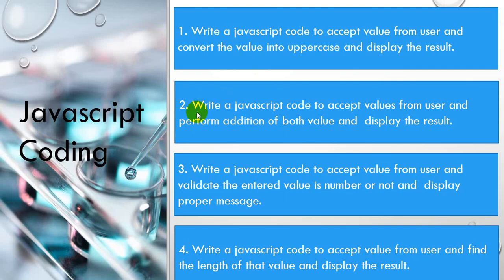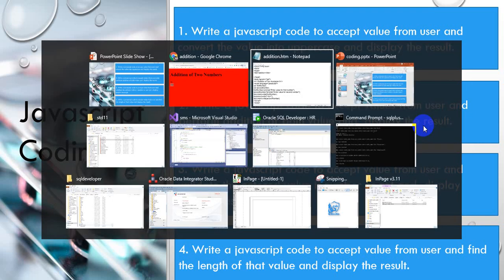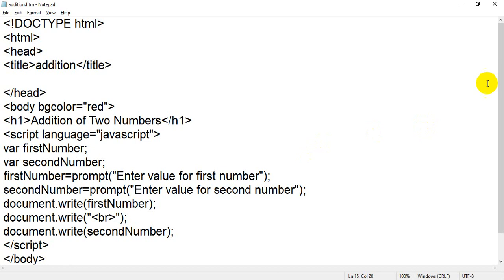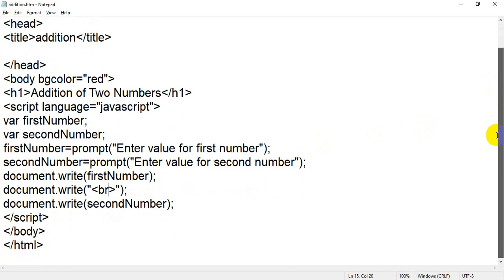Again read the question. Write a JavaScript code to accept values. We have accepted two values and now we have to perform addition of both values, and display the result. After performing the addition, we have to display the result. So we have to write the formula for addition.